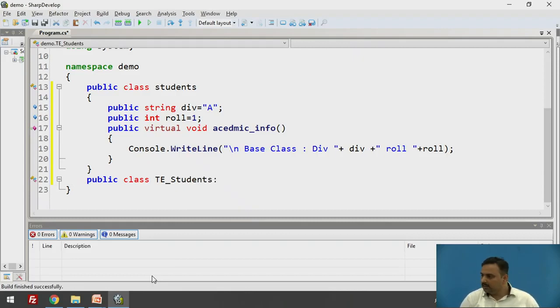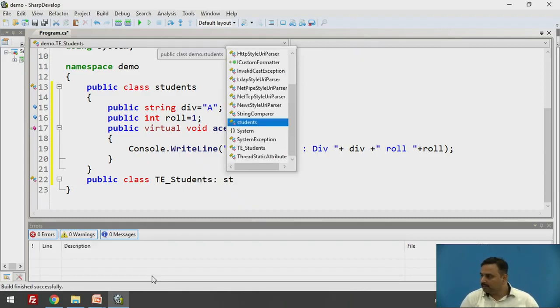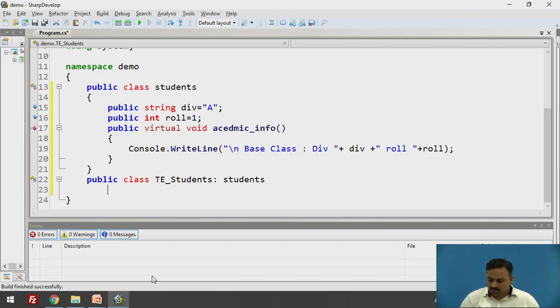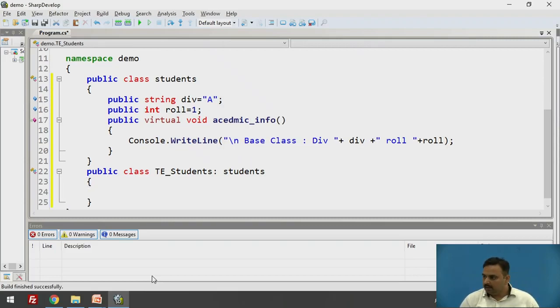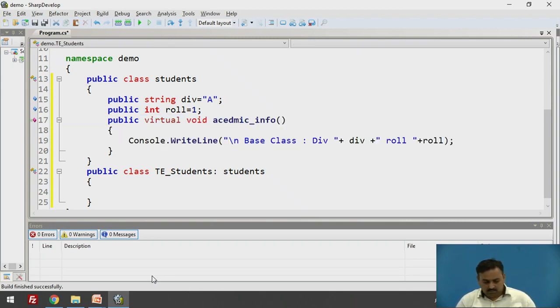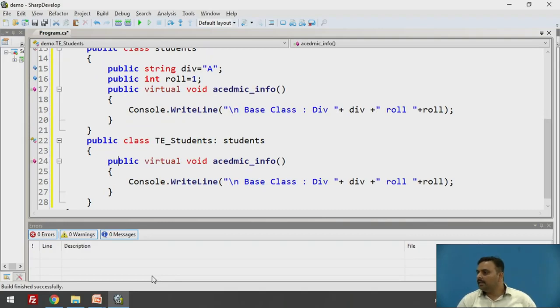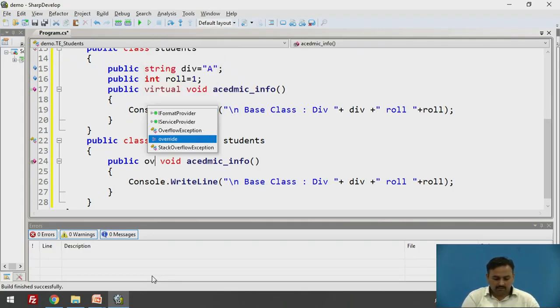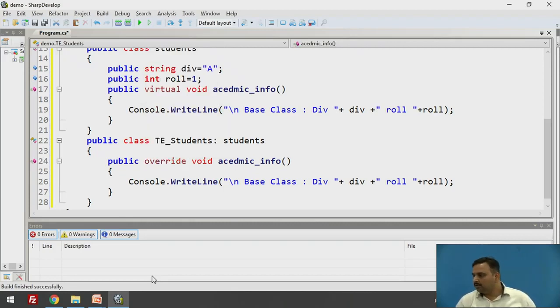It is inheriting Students, that's why I'm writing Students here. Then instead of virtual we have to write override, because we are overriding that method. So AcademicInfo, and we have to change this base class message to derived class, because we are now in the derived class.